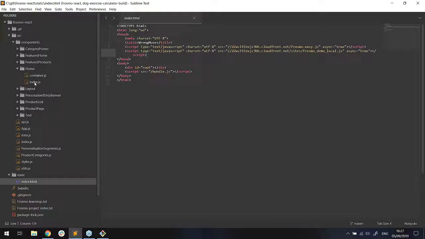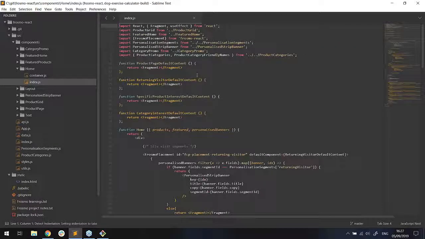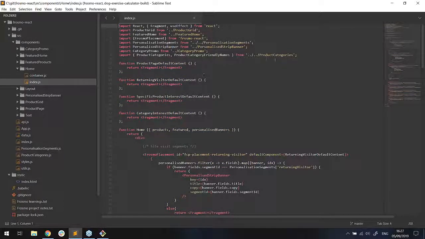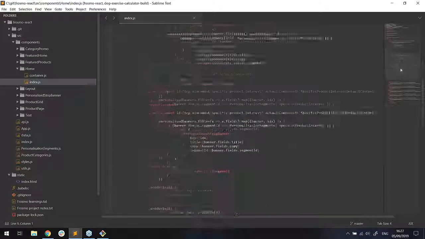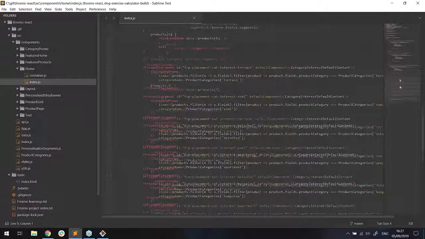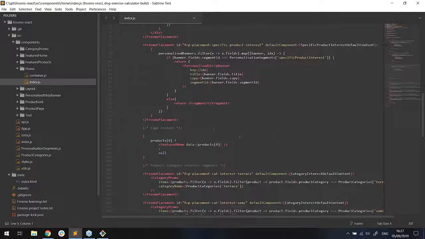And okay, so now I'm going to show you the home page view. Let me just get my syntax highlighting right here. Okay, so in here, this file, by the way, is just representing what you see on the home page. So most of this is Frosmo related, and here we go. This is the actual product listing stuff here. But anyway,